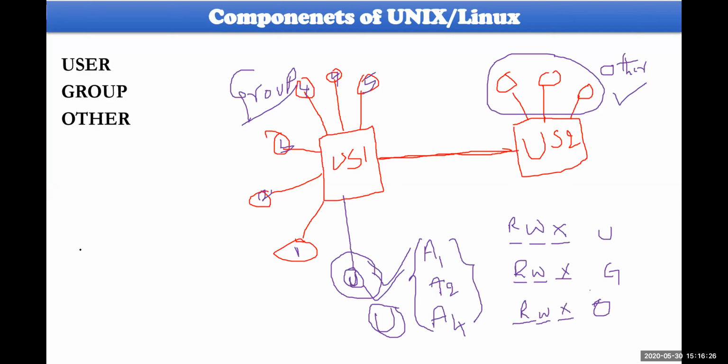Finally, how this could be mentioned is 1, 2, 3, followed by 1, 2, 3, again followed by 1, 2, 3. Look at this. The first 3 belong to the user, the second 3 belong to the group who are connected to his server, the same server, under the same roof, and the people who are working with another roof or other server are called others. So totally 9 permissions are there. All are RWX only, but the first 3 are considered as himself, the second 3 as group, and the third 3 as others.